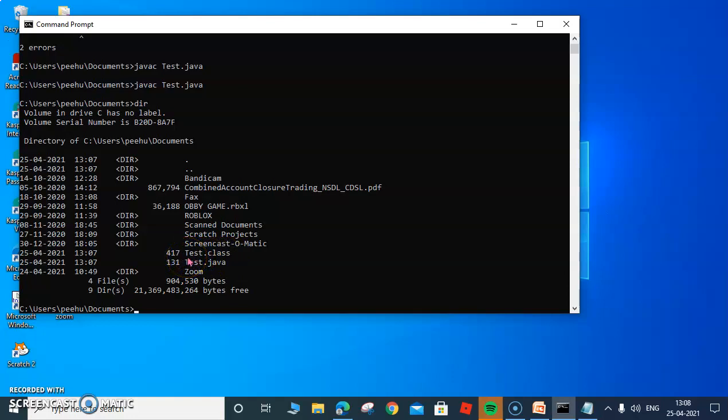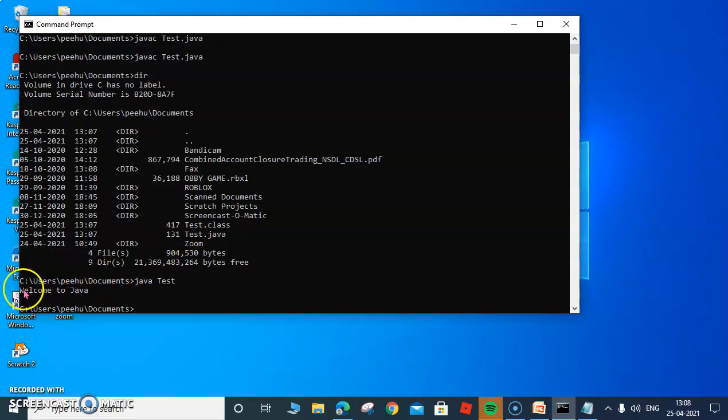has been generated. What is this? This is our bytecode file, or a .class file, or compiled code. This is our compiled code, bytecode, or intermediate code, and this is portable. Now the next job, once it has been compiled, is to interpret it by just typing java. This is Java's interpreter now, and then the file name, just the file name, java test, and then press enter. You can see that this is printing the statement on our console, that is, welcome to Java. So this is the output of that particular program.